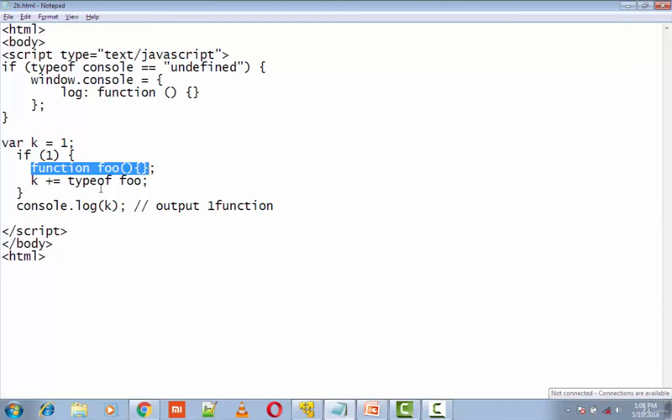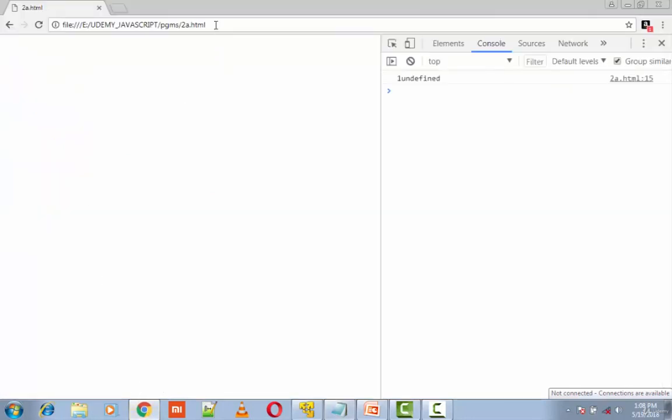So here what happens, since we are not using the eval function, the function is present here. Hence we will get to know that there is a function called foo here statically. So that's how we are able to evaluate typeof foo. Okay, so let's execute this. So that's how you're able to get the information of the function.